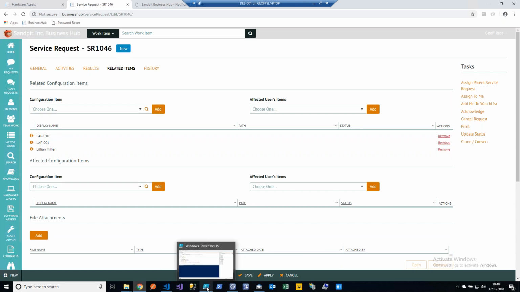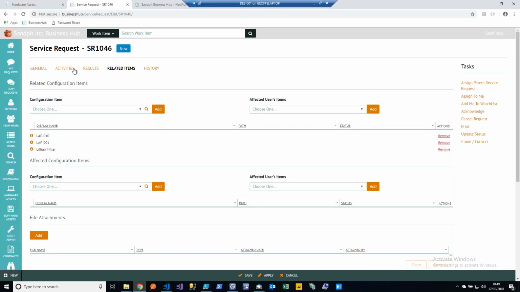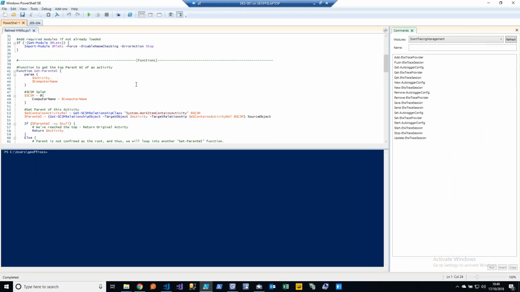So speaking of which, we can now start to build out our PowerShell script. It's always worth doing this one service request with our dummy activity to get us a service request that's in the right state that it will be when the PowerShell is ready to run. And then we can start to build out our PowerShell script. Now, obviously, I've not got time to get into this today. I wish I did, but ultimately,